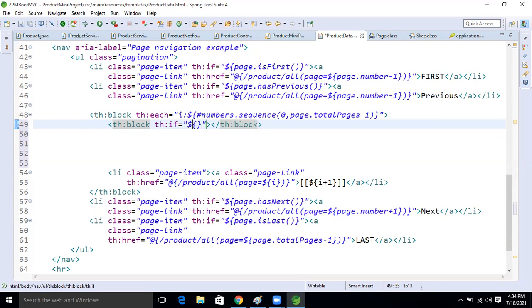Now inside this one, I'm going to write logic. What logic am I going to write now, guys? So if p is equal to is first.